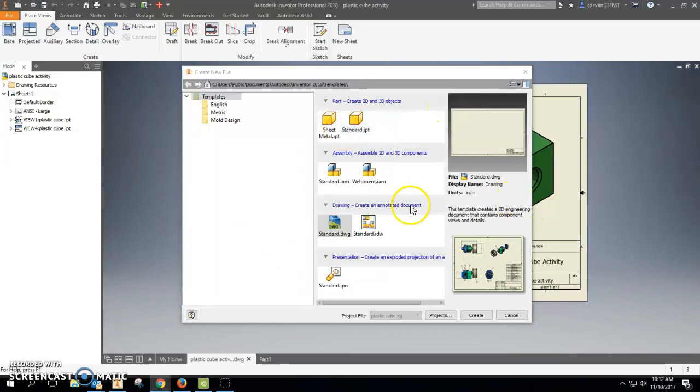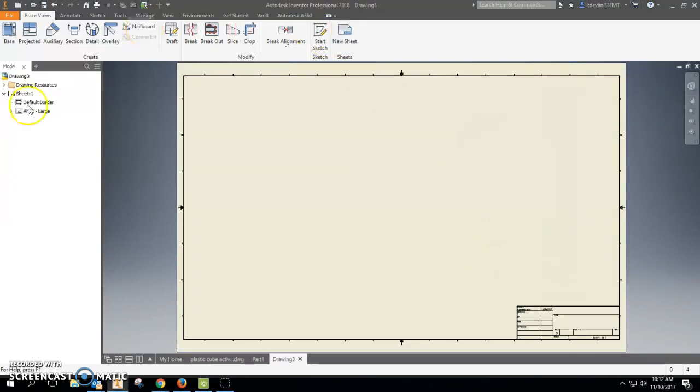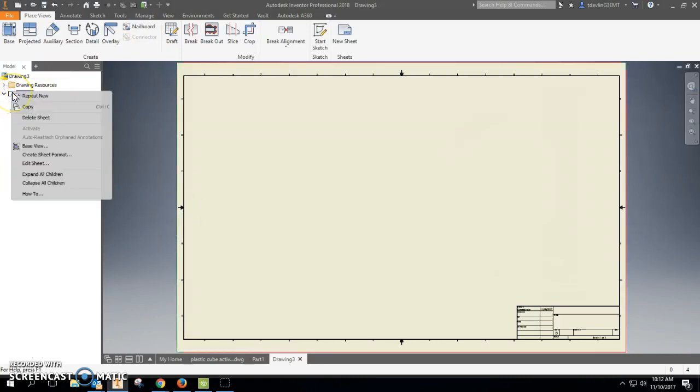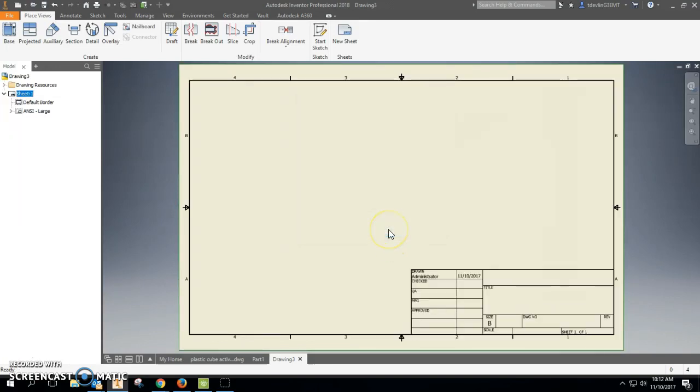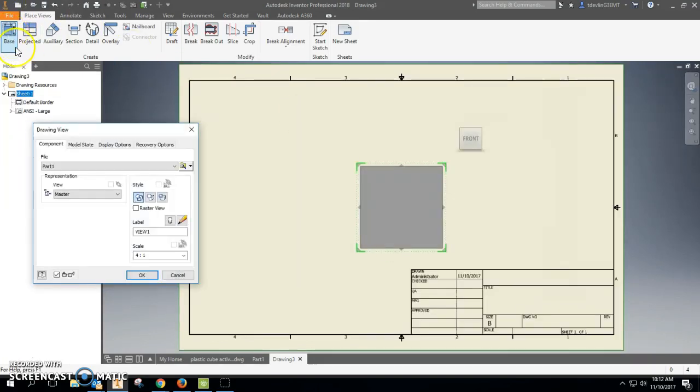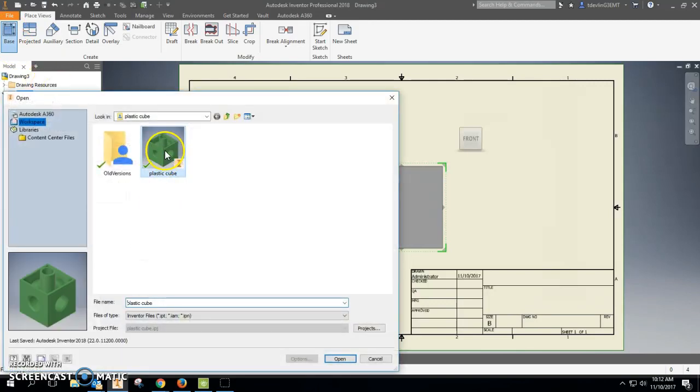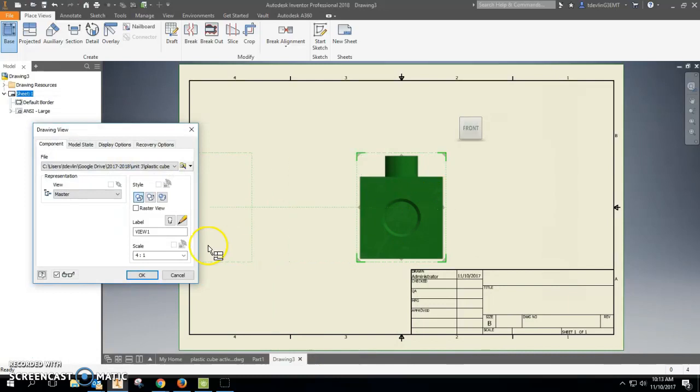Okay, this video is going to show how to do all your dimensioning stuff for the plastic cube. So we're going to start with either an IDW or a DWG, and then we need to edit our sheet. So we're going to right click, edit sheet. We're going to choose a B for this. We click OK. We're going to go to base, find our plastic cube that we've modeled completely, click OK, and